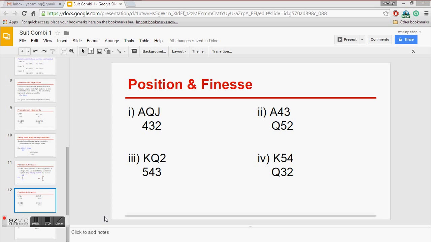So there's a 50% chance of the king being onside, and we can get all 3 tricks. Okay, for case 2, the honor that we are trying to promote, we're trying to finesse, is the queen, right? So we need to bypass the king. So here, for this case, we need to play low towards the queen and hope that king is sitting before